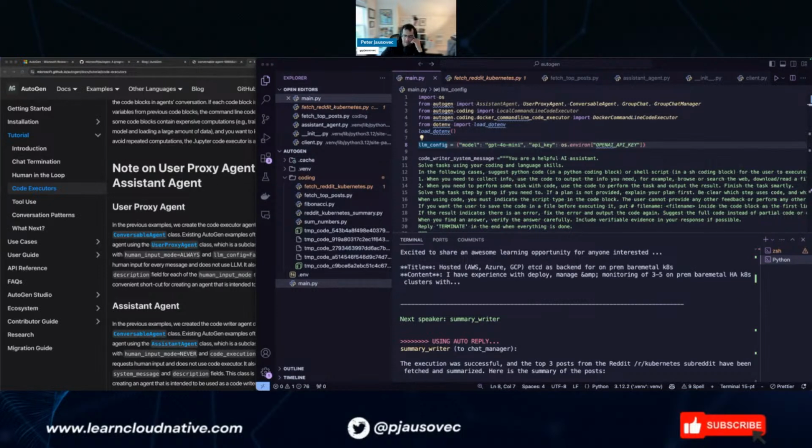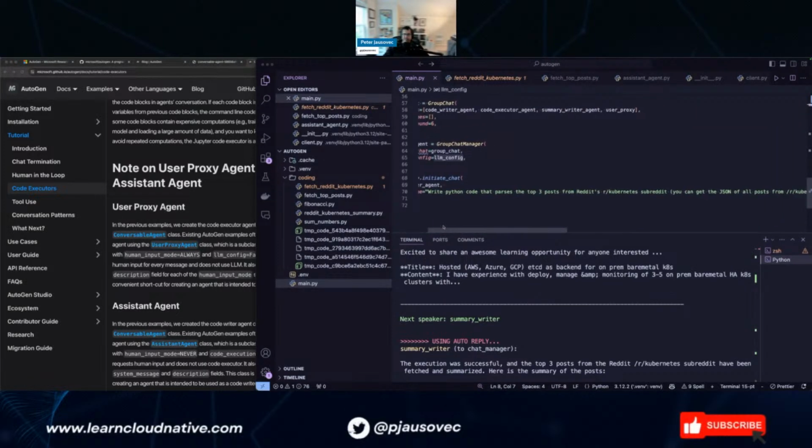Okay, I get what you're saying. Okay, so I would basically say, confirm if I understand correctly. So I would go and say, let me do this. I see. Create an agent group chat that will write Python code that parses the top three posts.